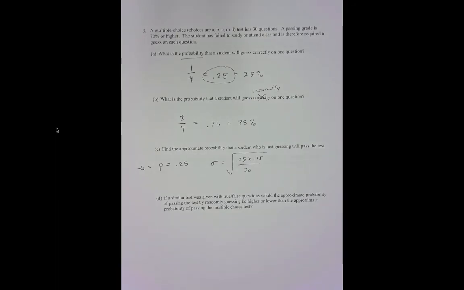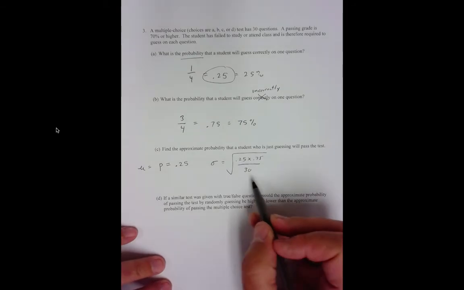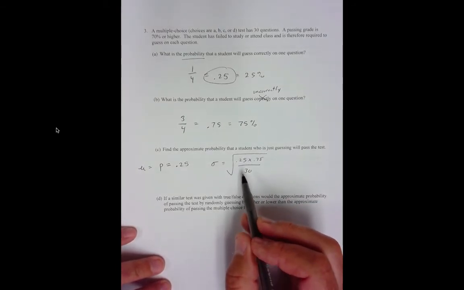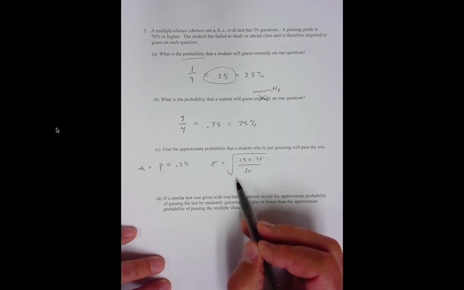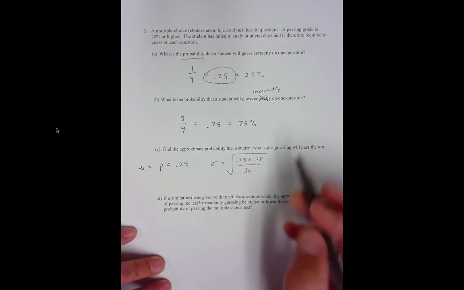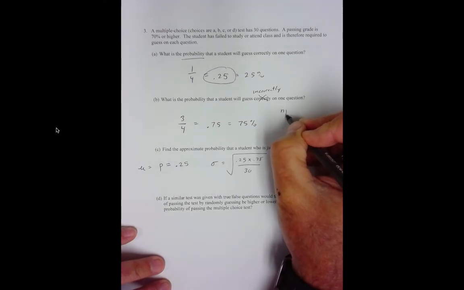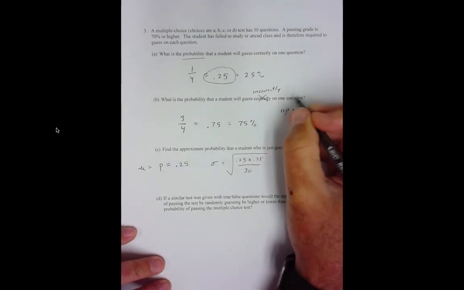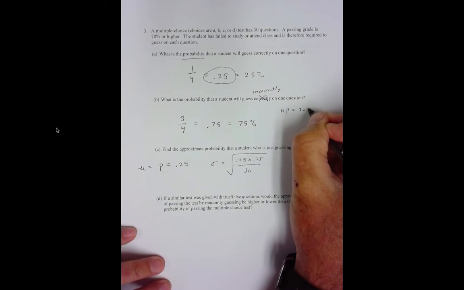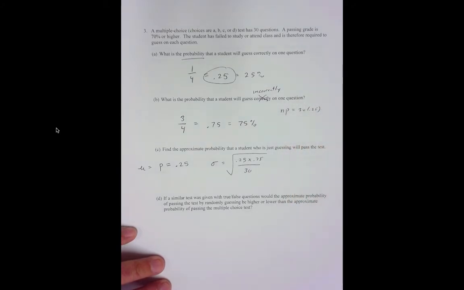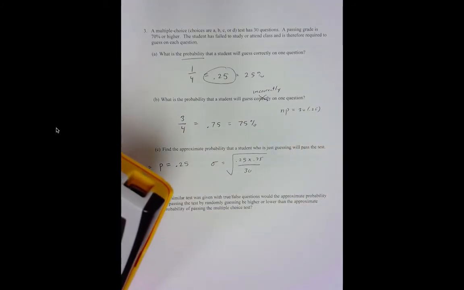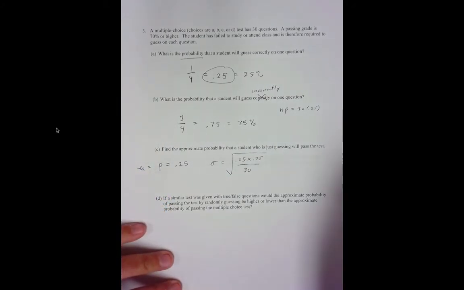Now we're violating conditions here. I'll just go ahead and tell you. So really our answer to this, I'm going to go through it just to show you the steps, but our answer wouldn't be any good because if we look at N times P, N is 30, P is 0.25. That's 7.5, which is not